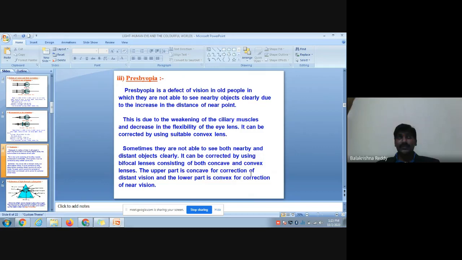So that's why when they want to see a longer distance, they raise their head. Even though they wear spectacles, they raise their head and see, because they see objects from the upper part. And when they are reading anything, they need to see through the lens from the bottom. So that time the lens comes down on the nose and they read like this, right? This happens because of the weakening of muscles. That is presbyopia usually.